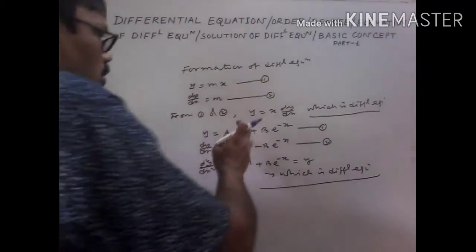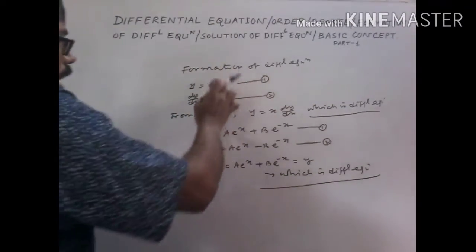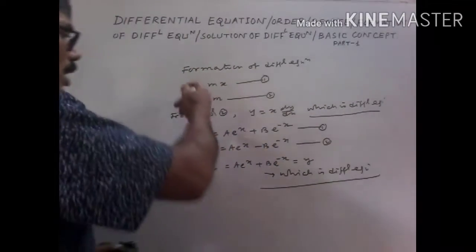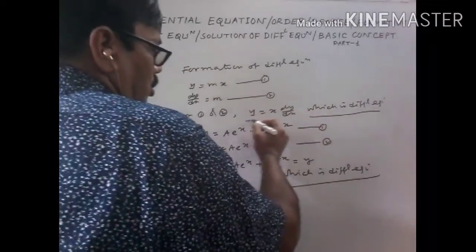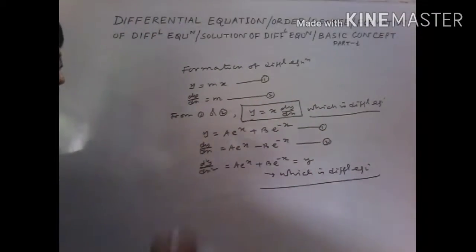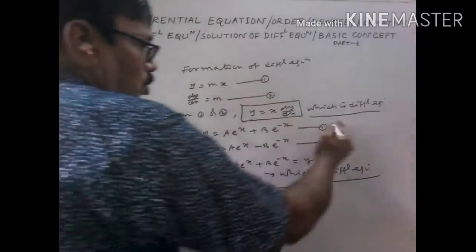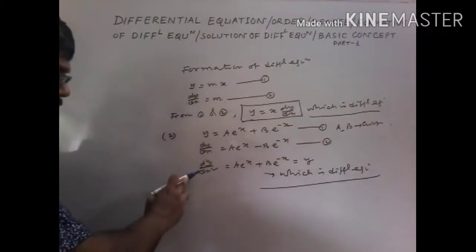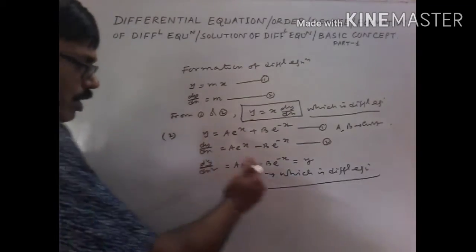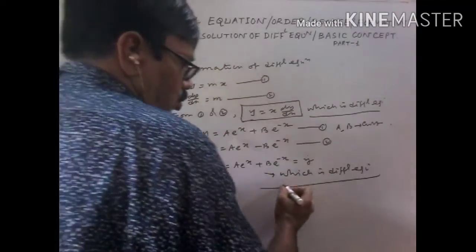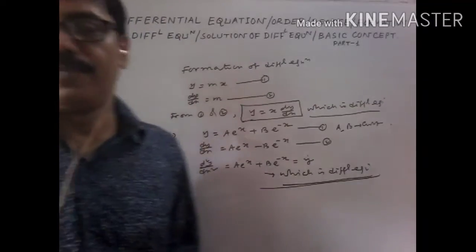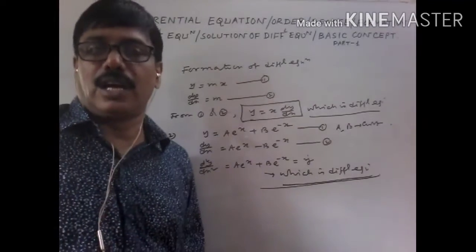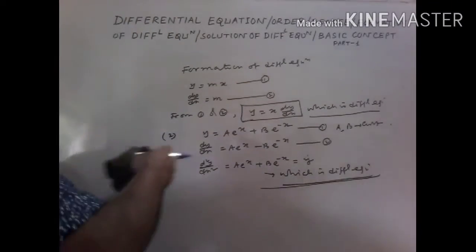Now we consider how we get this. So this is an example. Look, problem number 1 has one arbitrary constant, so one time derivative is permissible, then eliminate the arbitrary constant. So this is a first order derivative. In the second one, there are 2 arbitrary constants a and b. Eliminating a and b, we get d2y/dx2 equals y, which is a differential equation. So our main aim is to eliminate the arbitrary constants.